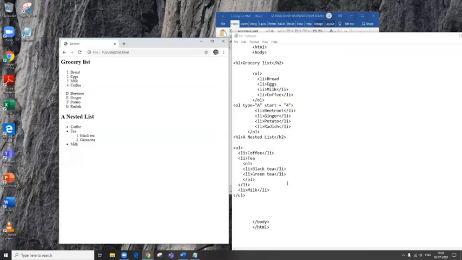Okay, so this is the procedure to create a list. Now when we learn linking, children, or when we learn how to insert an image in a web page, all these things can be done inside a list also. I can create a link on my LI of any list. I can insert a background image on a list also. So everything can be done using the tags.